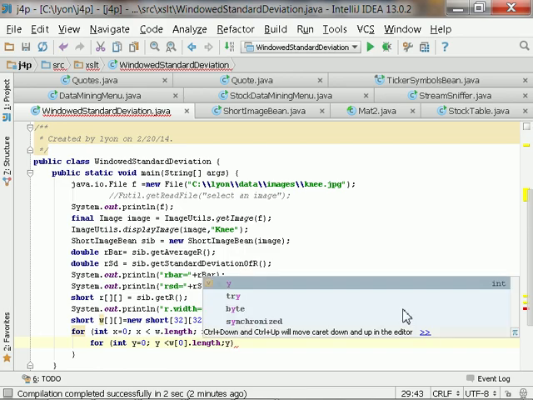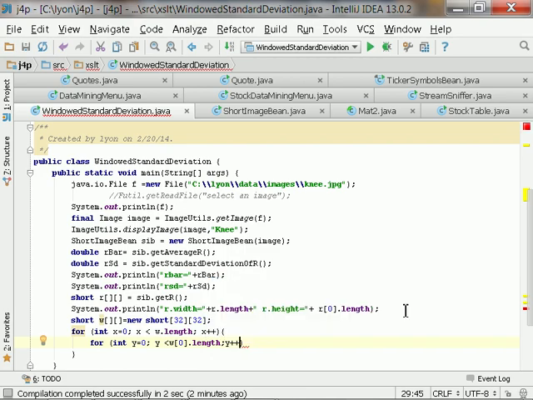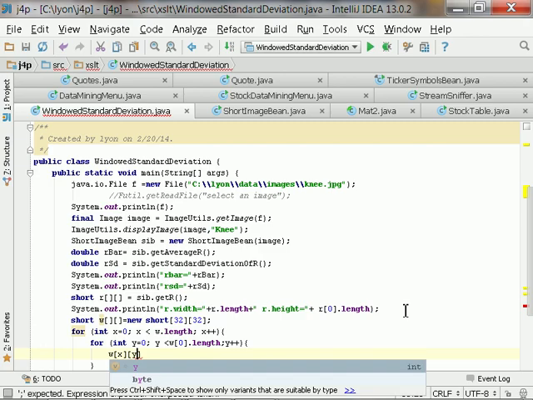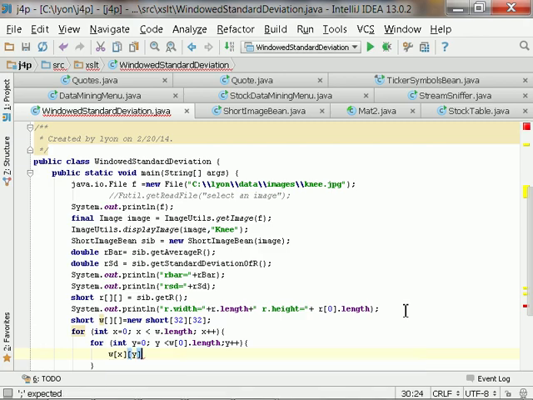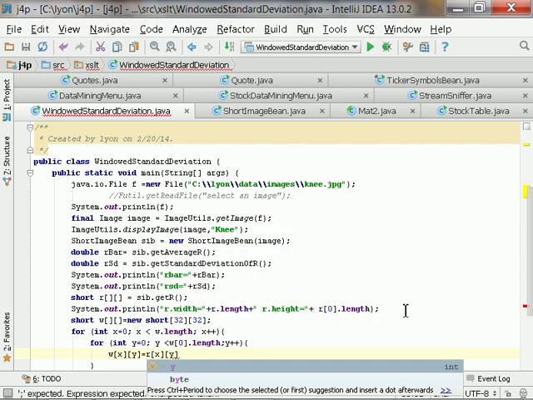But did we really want to use w? No, we wanted to use, oh yeah, it's the window, that's fine. And now I can say w of x and y is equal to, and now I can directly access r of x and y,